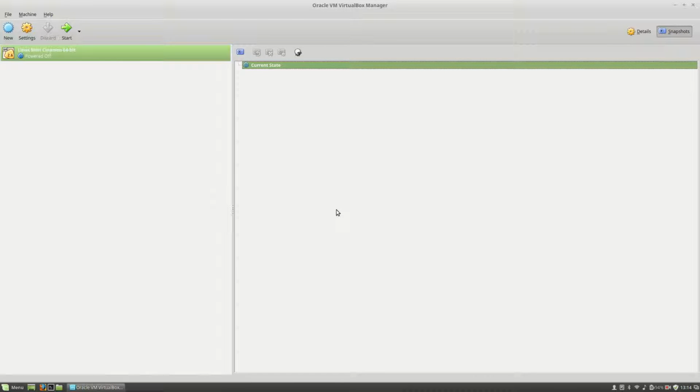Hello, I'm Liviu Balan, and today I will show you how to backup your machine state on VirtualBox using two techniques, snapshots and clone. As you can see, here I'm having a Linux Mint operating system installed on my VirtualBox,